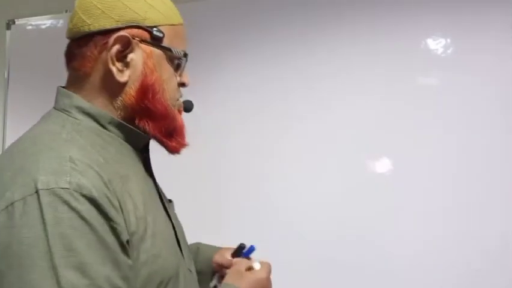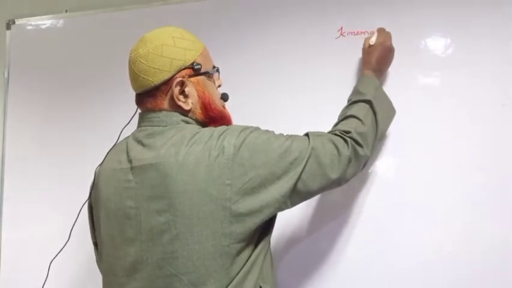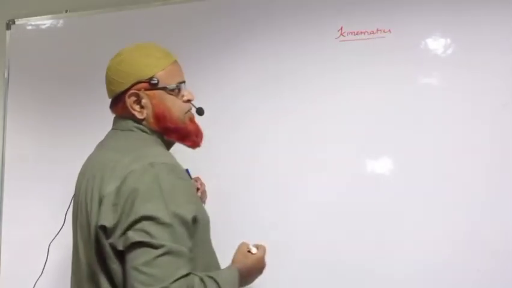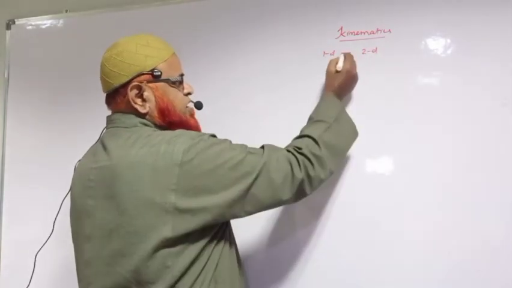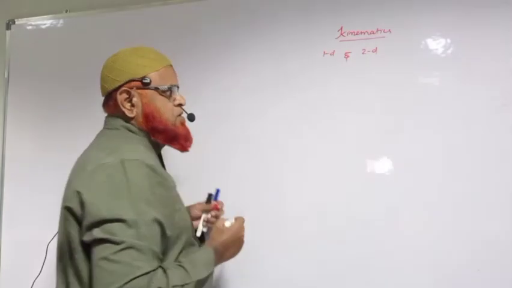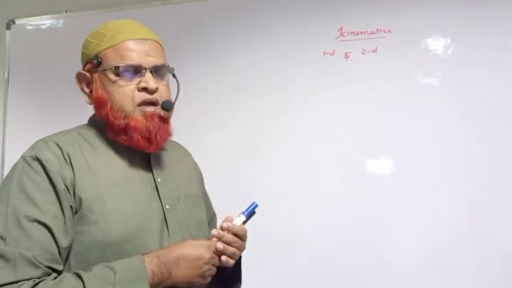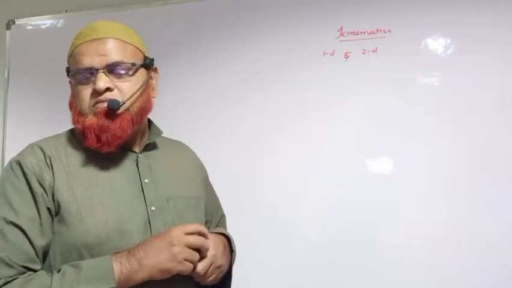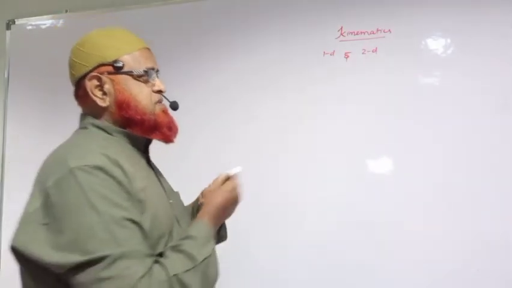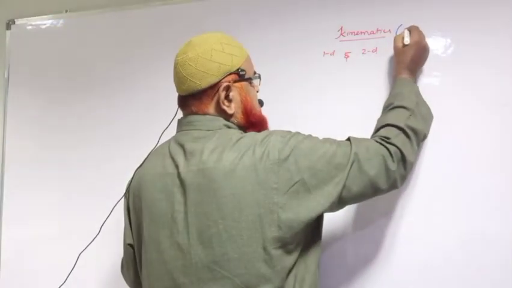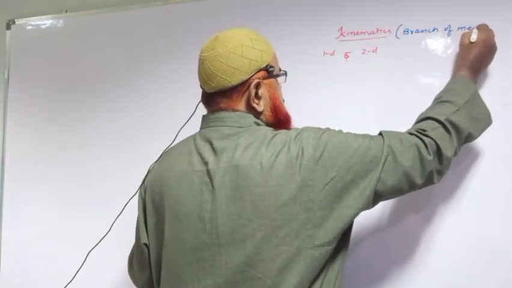So today we shall discuss the kinematics chapter. Kinematics includes one-dimension and two-dimension kinematics. So we shall discuss one-dimension and two-dimension kinematics. Actually, kinematics is a branch of physics where we discuss the motion of bodies. Kinematics is a branch of mechanics